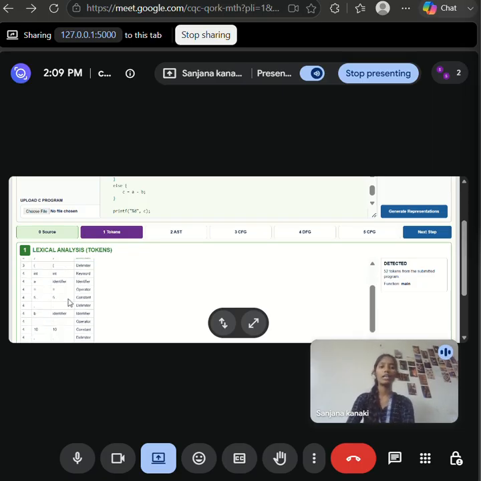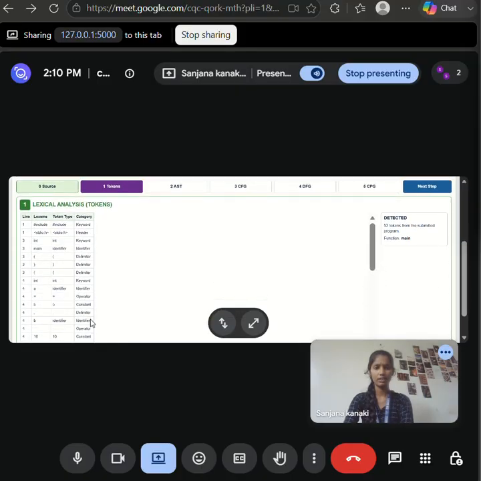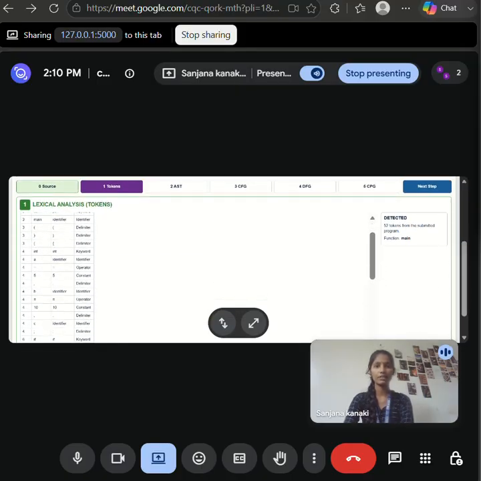During lexical analysis, the compiler breaks the program into tokens. Keywords, identifiers, operators, constants, and delimiters are identified. This is the first stage of compilation. Next,